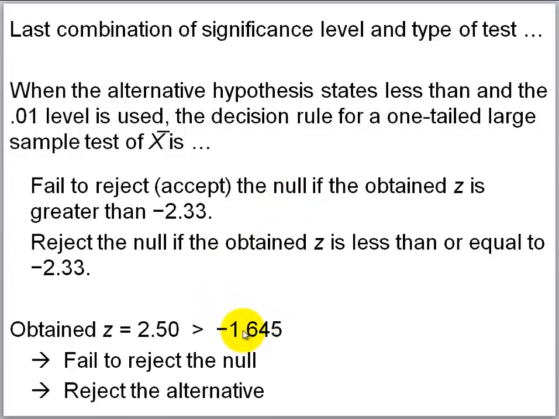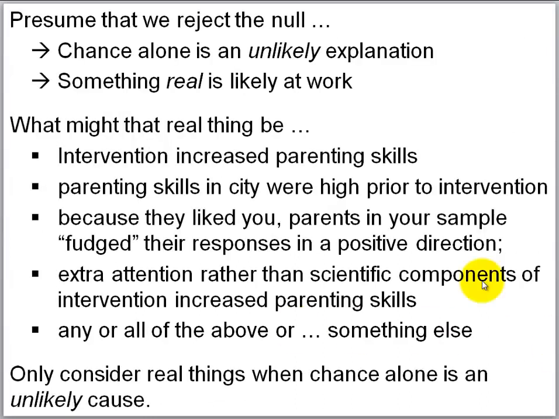And I've made a mistake here. This should say minus 2.33. But it's the same basic situation as we encountered last time. The actual result is in the direction opposite to expectations, and one shouldn't be using a one-tailed test in a situation such as this. Okay, we've completed our different combinations of directional and non-directional pairs, and using the 0.01 level and